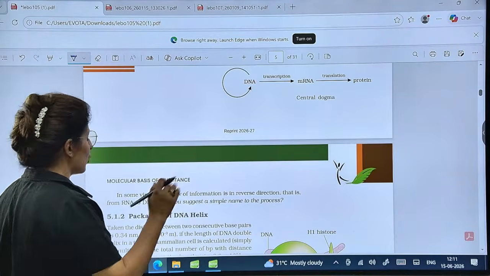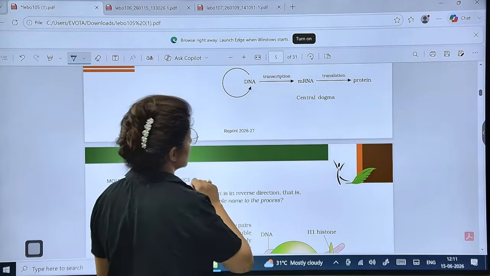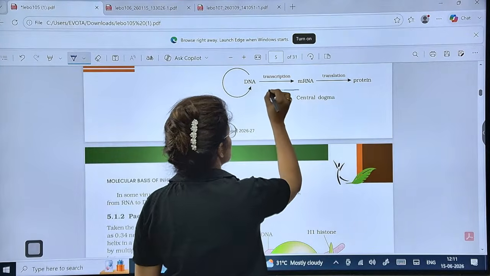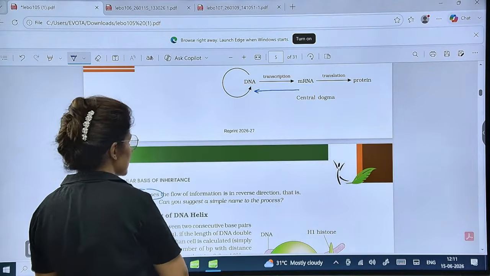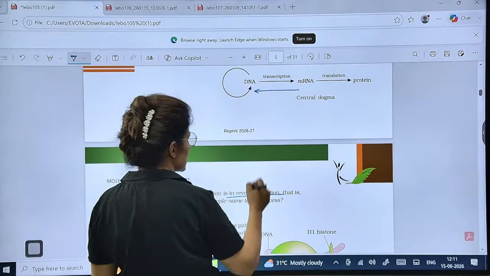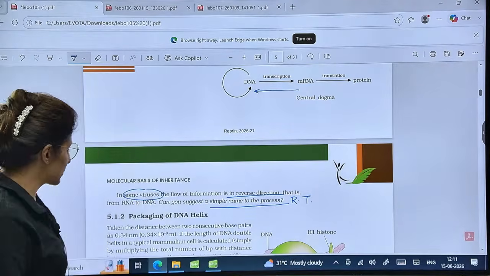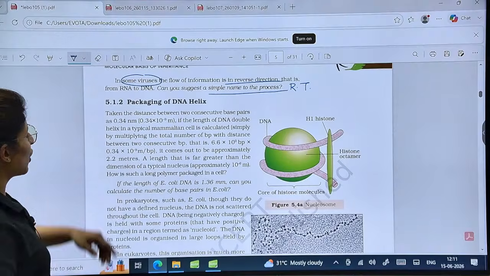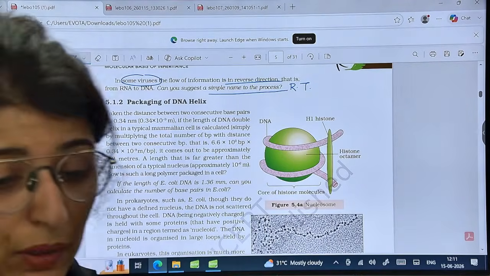Then later on, it was Temin. Temin was someone who suggested that RNA can also form DNA. He observed it in some viruses, a reverse direction of flow, right? What do you call this process? This process is called reverse transcription. Are these points clear? Then packaging of DNA, the distance between, see here, the distance between,